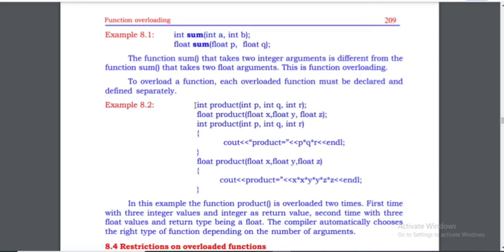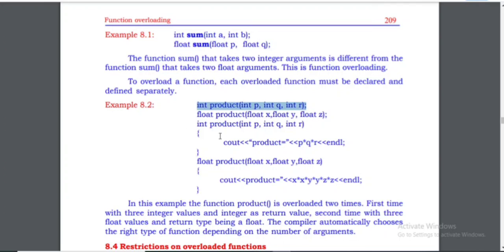Okay, so this is the declaration. These two lines are declarations, and this is the definition of that first line. So when there is a return type, function name and list of arguments ended with a semicolon, that is function declaration.